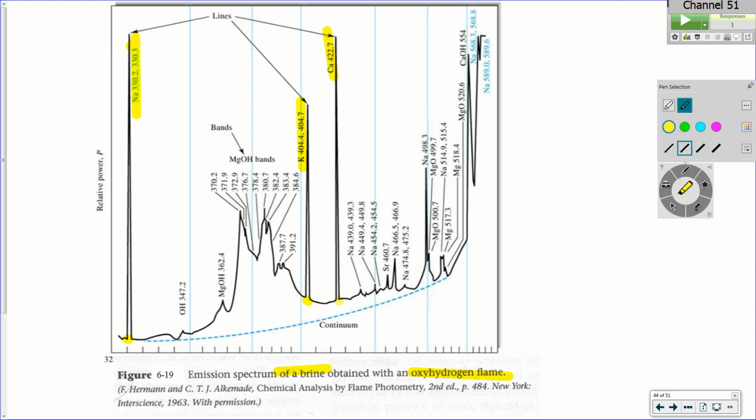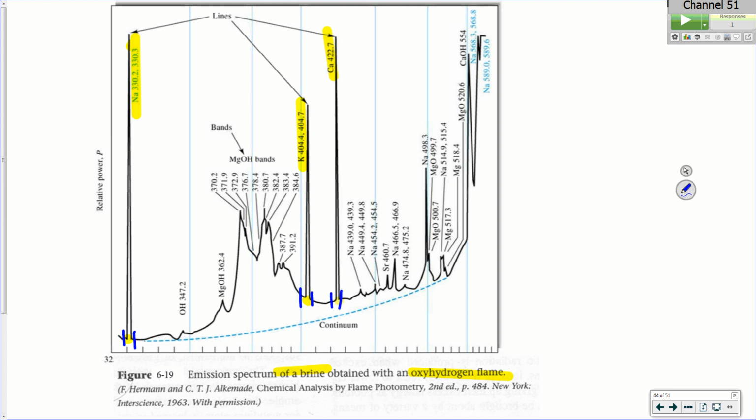And those filters will isolate. It's got a detector sitting behind each filter. One isolates this region for sodium, one does this region for potassium, and one does this region for calcium. And very quickly, they can get a measurement, just shooting it into a flame, and they've instantly got a measurement of what those electrolytes are.